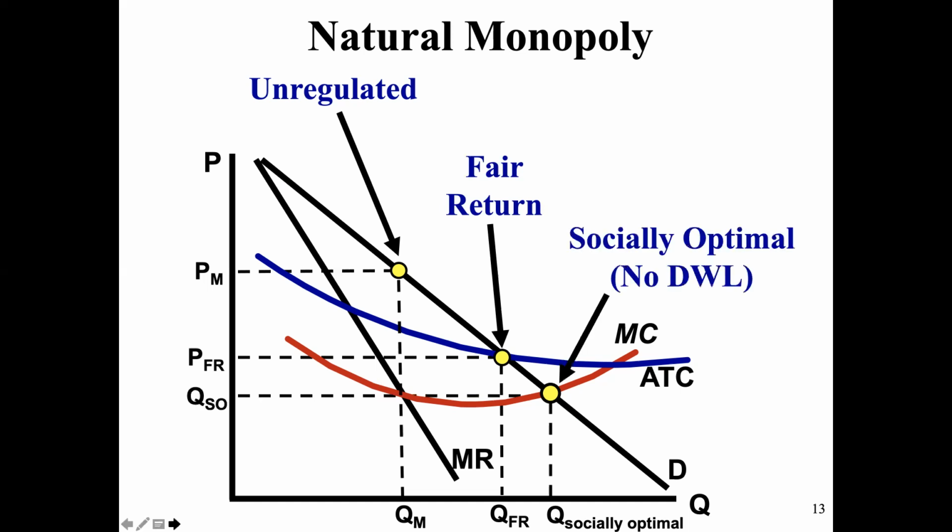Finally, we could set a socially optimal price ceiling. This would actually eliminate the deadweight loss because we would be at the socially optimal point where price equals the marginal cost. And again, the demand curve gives us our price. This is the socially optimum quantity because it's where a perfectly competitive market would also produce. And it would, in this instance, give us the highest quantity here at Q socially optimal, and then it would bring the price down to P socially optimal here. So those are how you find the possible points to set ceilings.